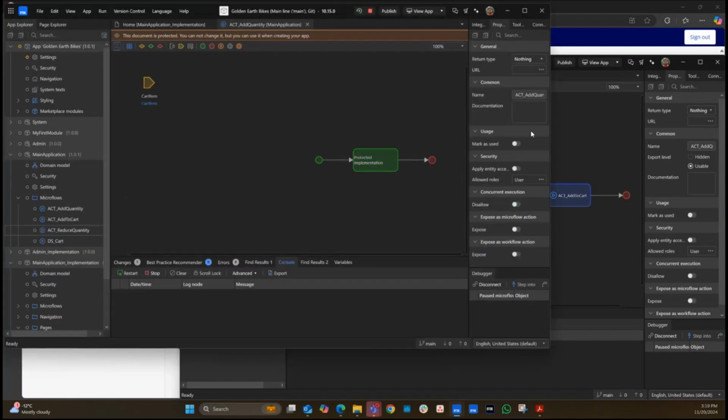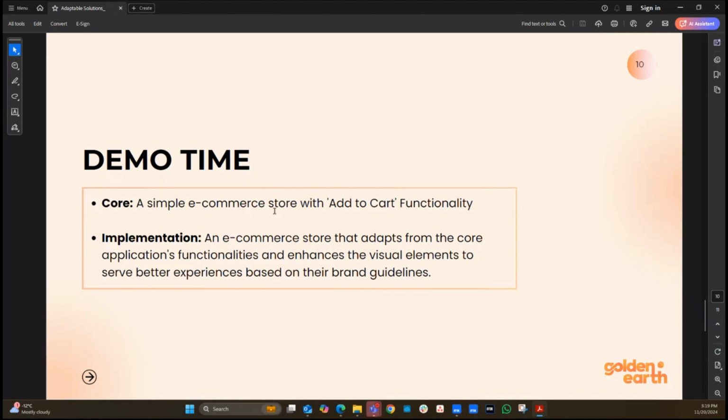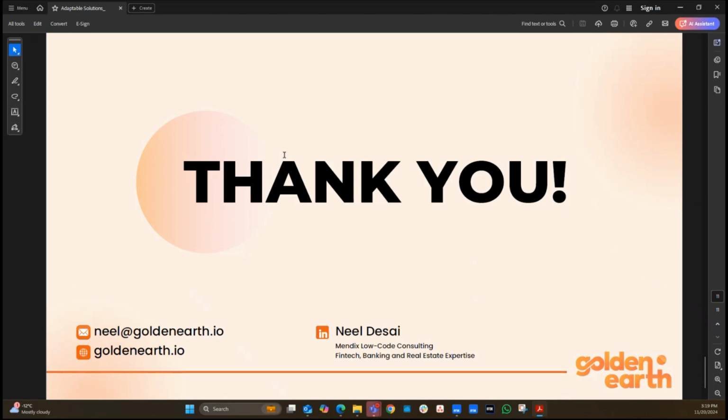So that's how simple it is. And I think that's all I have for Adaptable Solutions. But if you have any questions, I'd be happy to